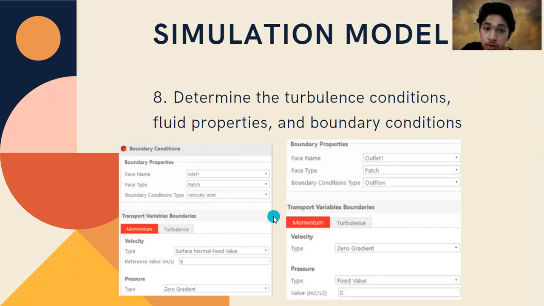And then also for the outlet one, the boundary conditions type is outflow with the velocity type of zero gradient, and the pressure type is fixed value of 0 meter quadrat